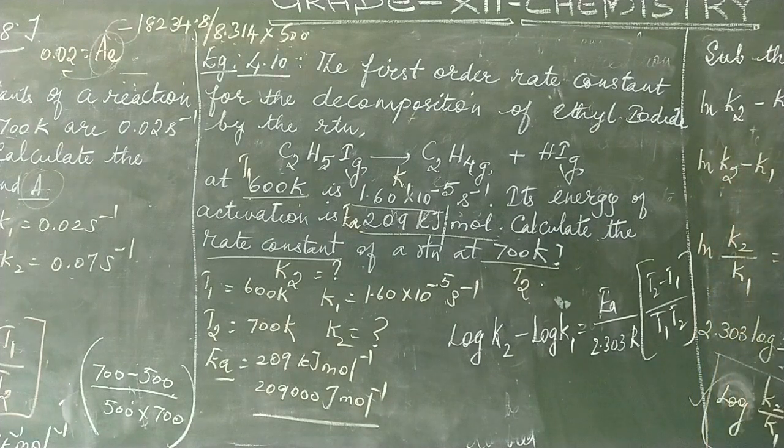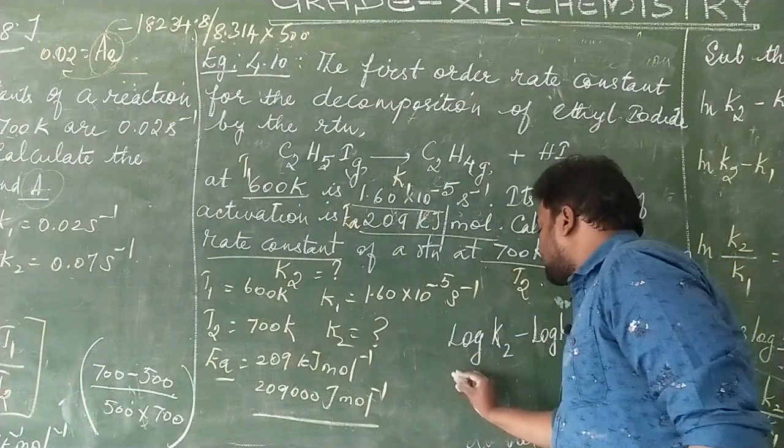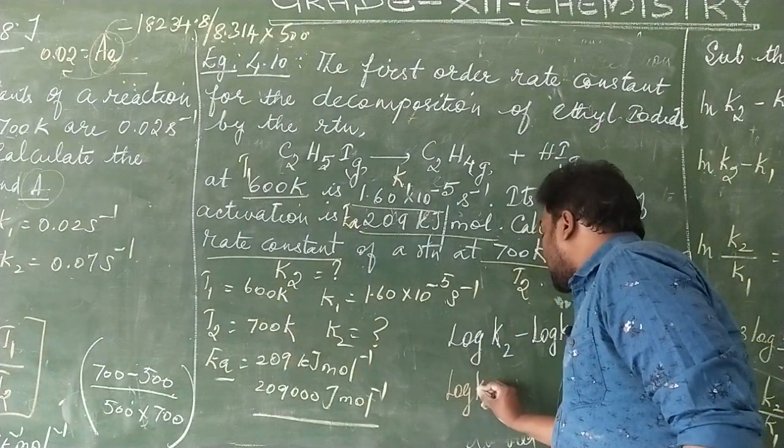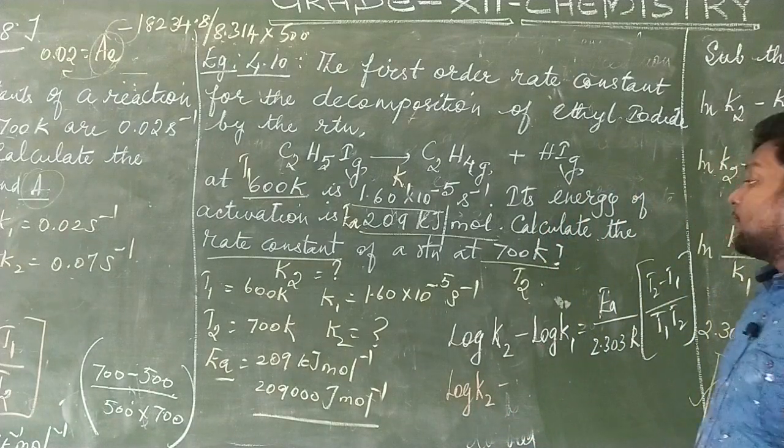So this step, I have written ln here. If I convert that ln to a log value, I will be getting this. So if you substitute the values, what is this log K2, that I have to find out. So log K2, I am keeping as such. What is this log K1 value? K1 is log of